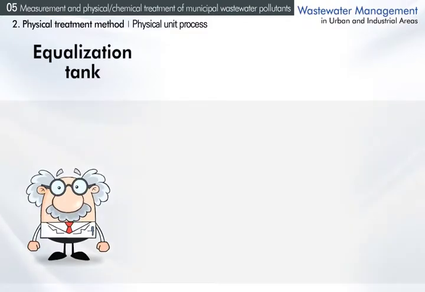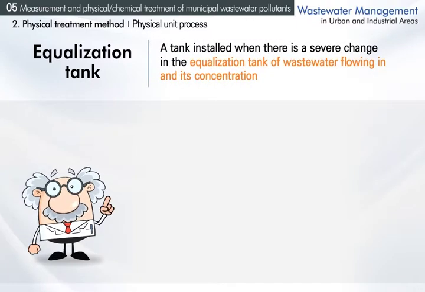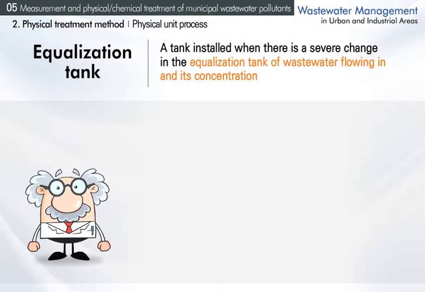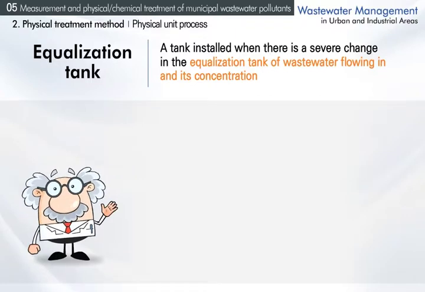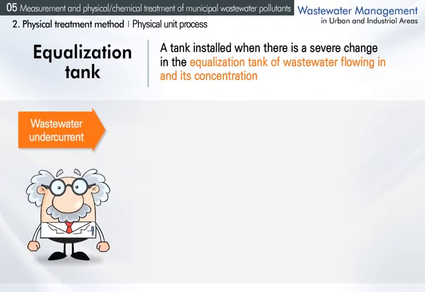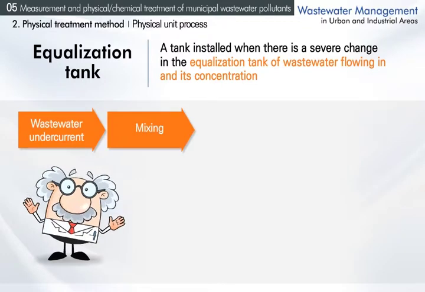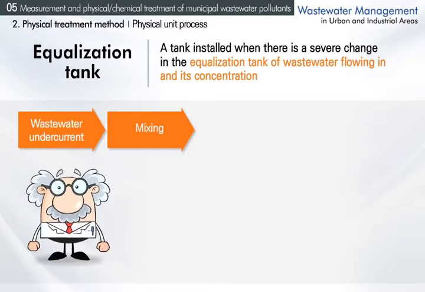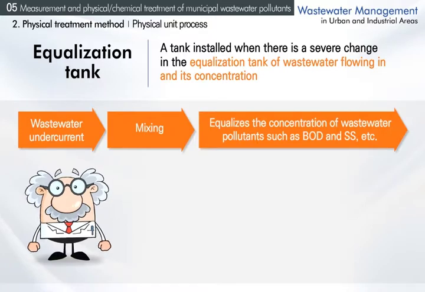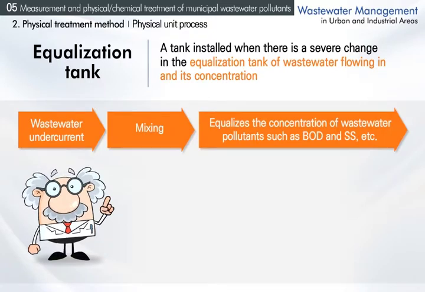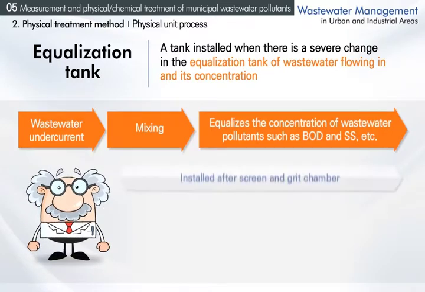Third, equalization tank is installed when there is a severe change in the flow of wastewater flowing in and its concentration. It collects and undertows the wastewater flowing in from various wastewater pipes, and equalizes the concentration of wastewater pollutants, such as BOD and SS, etc., sent to secondary biological treatment process through mechanical mixing. In addition,